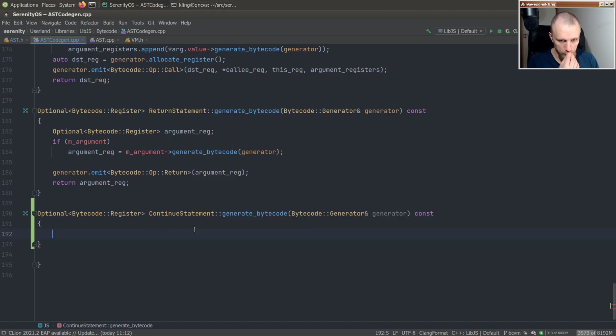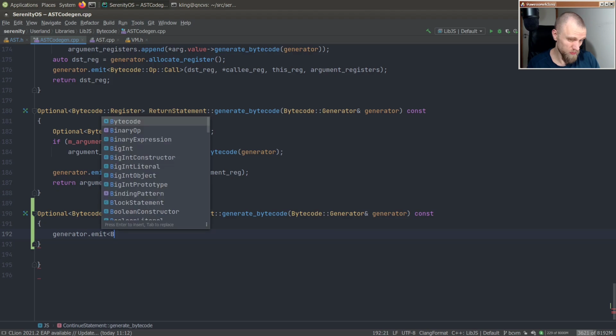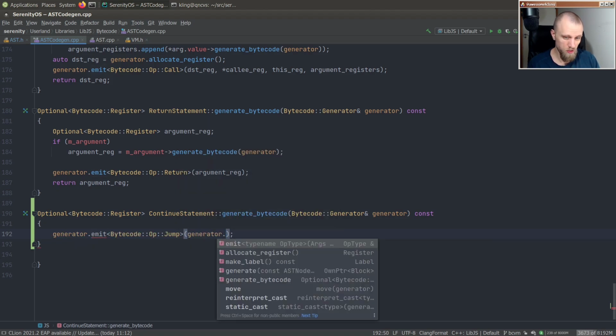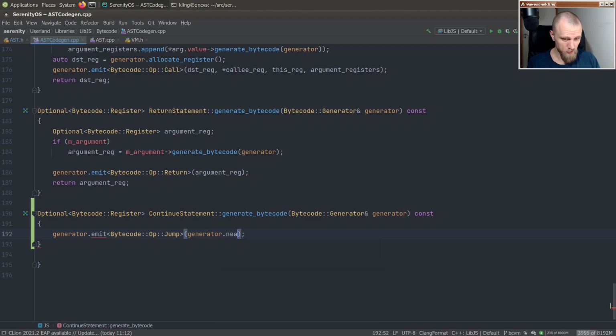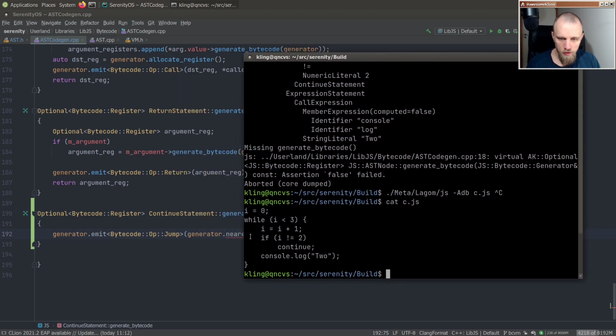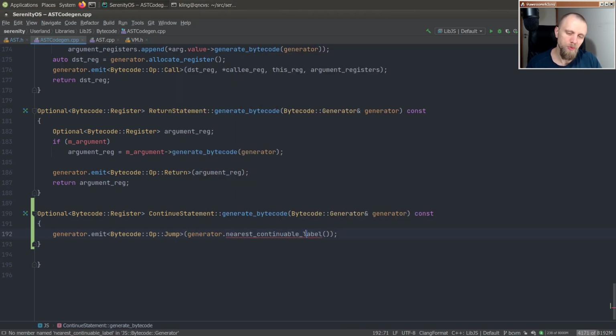So generator emit a byte. This can really just be a jump, right? Because we do have a jump. And we want to jump to the generator's nearest continuable scope. I mean, something like that, or maybe we should call it label. Nearest continuable label. Not to be confused with